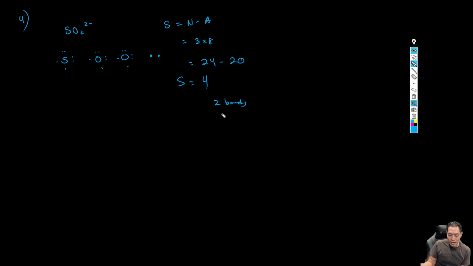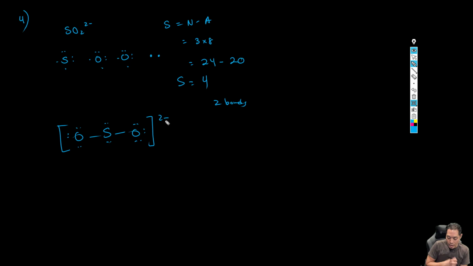Okay, so we want to make it symmetrical. So sulfur is going to be in the middle. You're going to have it like that. And now we're just going to add electrons. Oxygen sharing 2, so 1, 2, 3, 4, 5, 6, 7, 8. Same for each of the others. So that is my Lewis structure of